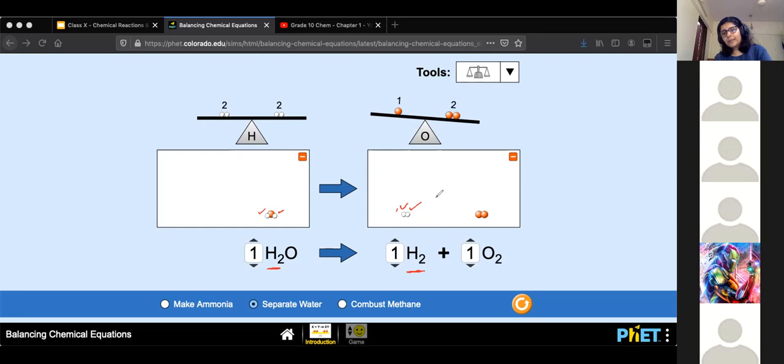So the one that's not balanced is oxygen, because on LHS there's only one atom of oxygen, the orange one. That's what is represented here. And on RHS there's two atoms of oxygen, O2. So 1 and 2, that's what is written here. So that's how you figure out कि क्या हो रहा है, क्या है situation. So यहाँ पे oxygen is the one that's not balanced. So Divya, if you have to balance oxygen, what will you do?